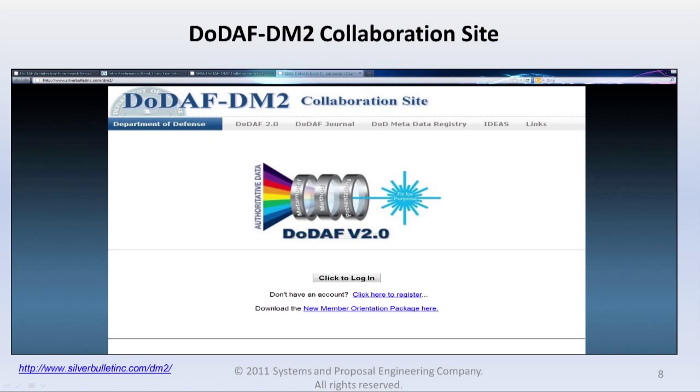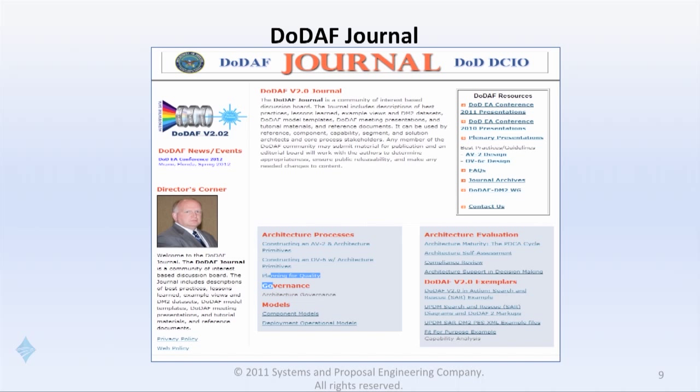The journal itself is something published every 3 to 6 months. The last update was some months ago. On here you should find a lot of information about DoDAF, describing, for example, on the far left, some conference briefings, although they only have a few from 2011. 2010 has many more. It will show you some guidelines and some best practices. For example, the AV2, the Integrated Dictionary, and the OV6C designs are shown there,